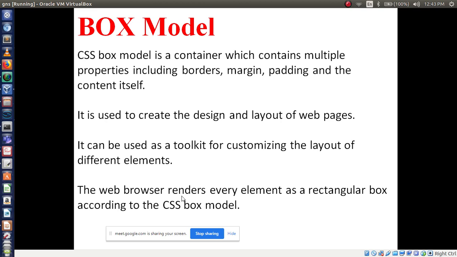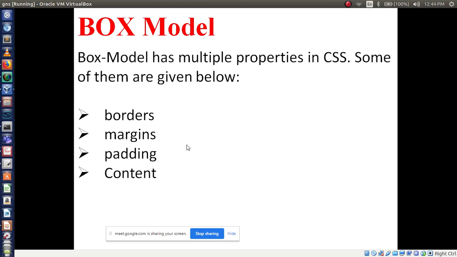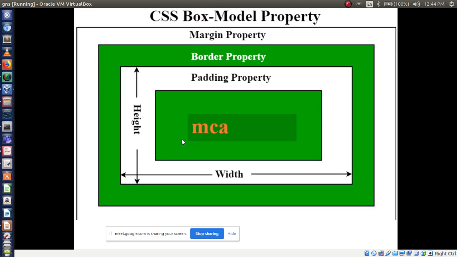Now it has multiple properties. What properties? Border property, margin property, padding and content. So all these properties make up the box model. Margin property: from the top view, how much space you want to leave, that we can call margin property.